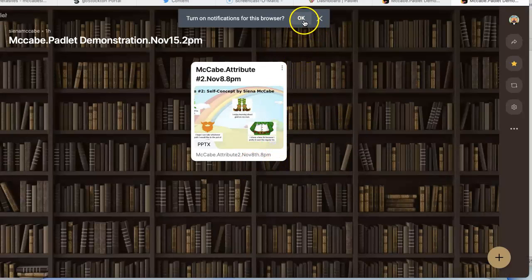And then I made a Padlet, which, I chose a background as a library theme just because when I originally looked at Padlet, I've never used this before, but I thought this would be a cool way of illustrating the attributes that the class does. So if I invited the class